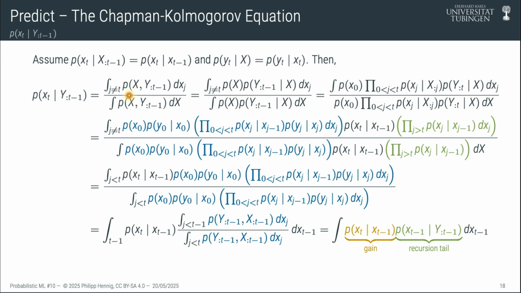Capital X is now a collection from x0 all the way to, well, into the future actually, up to time n, if you like. We divide by a 1, right? So this thing down here is just a probability distribution, so it's just divide by 1. Now we're going to expand. First of all, here we're using the product rule. So we're writing a joint distribution as a product of one side times a conditional, right? So p of x and y is p of x times p of y given x. And we do this both in the numerator and the denominator.